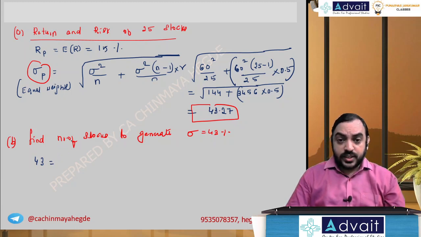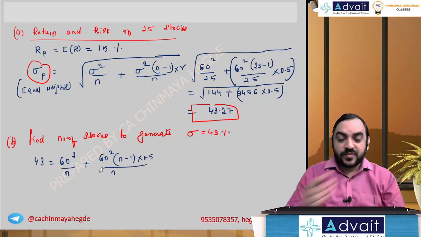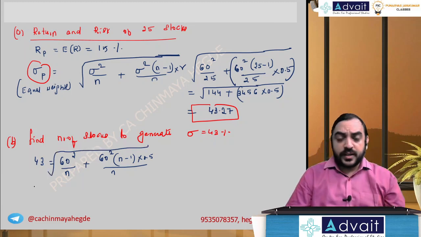That is 60 square, already calculated, divided by 25. You don't do that; I need to calculate that n. Plus n sigma square, 60 square, into (n minus 1) into r, which is 0.5, divided by n. Square root. And how do we take the square root? In mathematics, square both sides. So 43 square